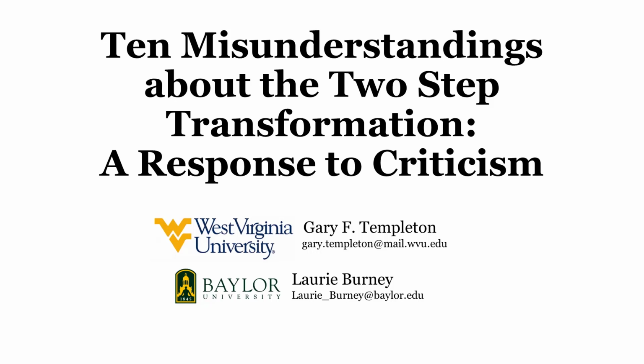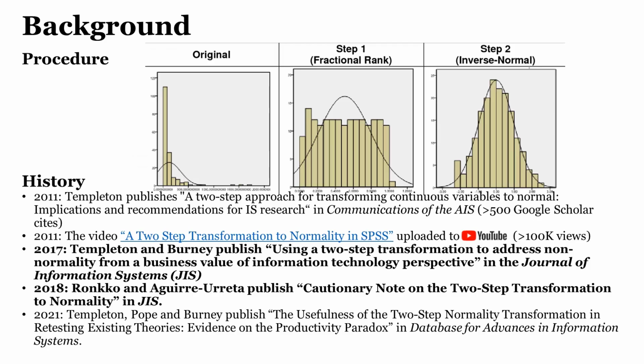Hello, this video covers 10 misunderstandings about the two-step transformation. It is a response to criticism. As you can see from these histograms, the two-step approach that is the center of this discussion first transforms an original variable toward uniformity using a fractional rank, and then based on those values, it applies the inverse normal function